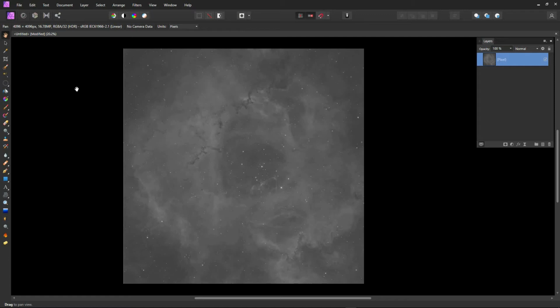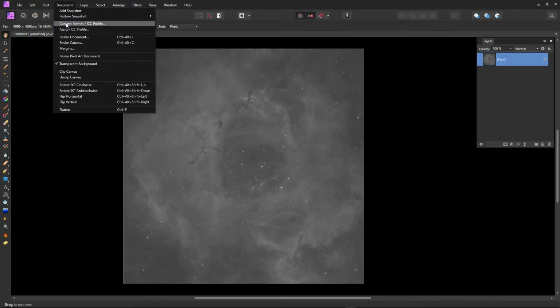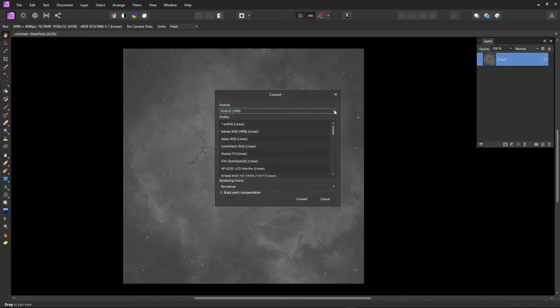But I don't really need to work with the full 32-bit capability, so when I get to this stage after flattening the images, I tend to just convert the file back into a 16-bit grayscale image, and that's done under the document menu, convert format, and just from this list select grey 16